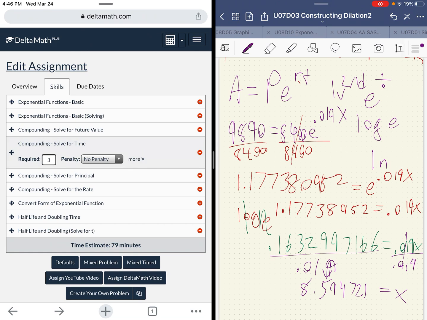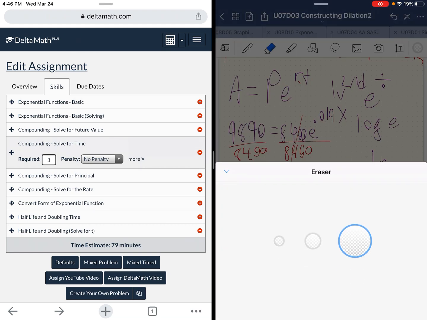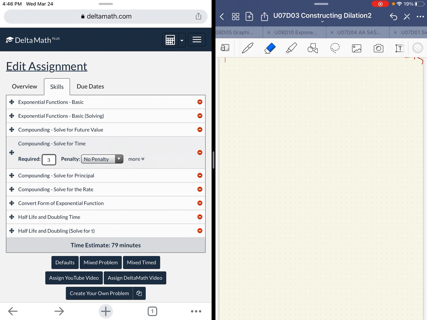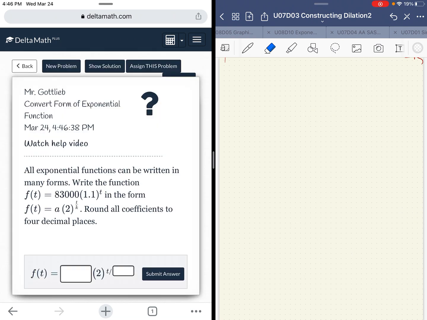Alrighty. So that was a continuous interest problem using the continuous interest formula. And now we're just going to take a look at converting from one form to another. And then we'll look at half-life. So let me erase what we have here. So converting from one form to another means that your exponent starts in one form. In this case, our exponent is in this form of 1.1 to the t power,